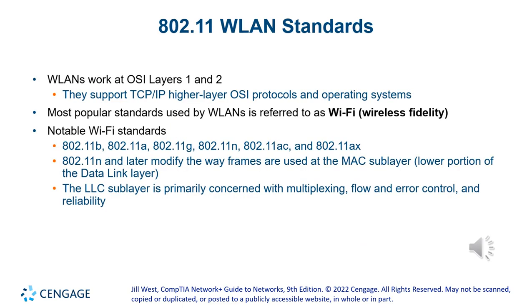So like I said at the beginning, 802.11, the wireless, supports just the same layers as OSI. And since this is a medium, it works on layer 1 and also has some layer 2 protocols that work on the Wi-Fi. So that refers to Wi-Fi for wireless fidelity, but it's a wireless LAN. Some of the older standards is 802.11b,